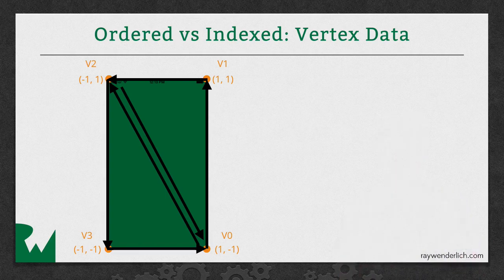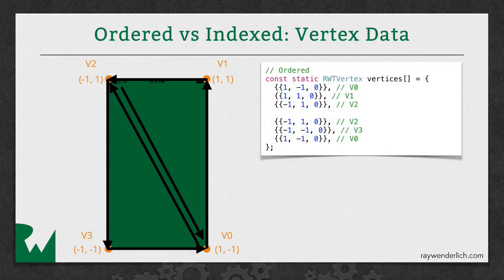Consider the case where you're trying to draw the square shown here. You have the first triangle which goes between vertex 0, 1, and 2, and you have the second triangle which goes between 2, 3, and 0. So if you were drawing this in the ordered manner, your vertex array would look something like this. You'd list out the information for 0, 1, and 2, and then 2, 3, and 0. The problem is you've now repeated the information for vertex 2 and vertex 0 in 2 places because it's used